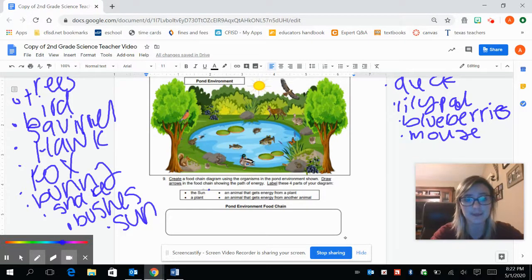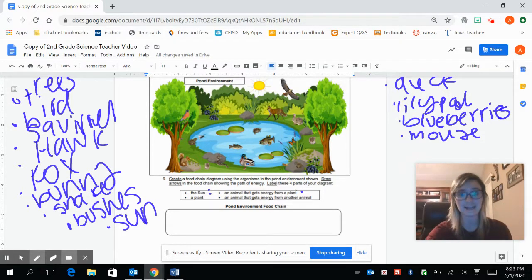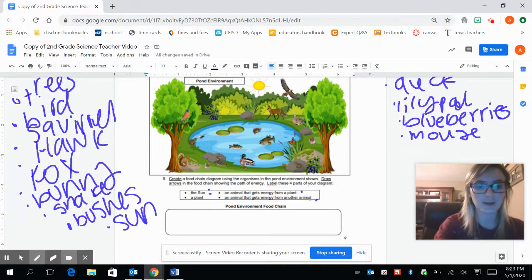That's going to be the sun, a plant, an animal that gets energy from the plant. So that means that animal is going to eat that plant. Then there needs to be an animal that gets energy from another animal. That means an animal that's going to eat another animal. Okay? So let's start. We're going to have the sun